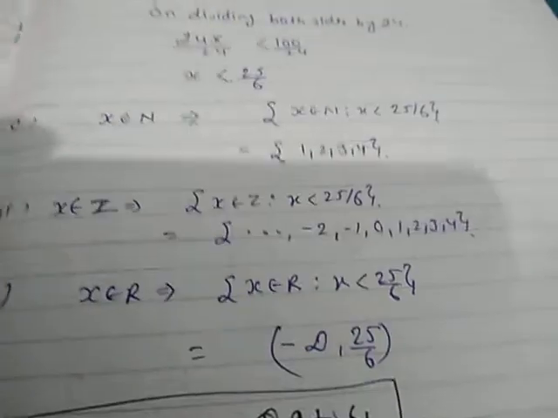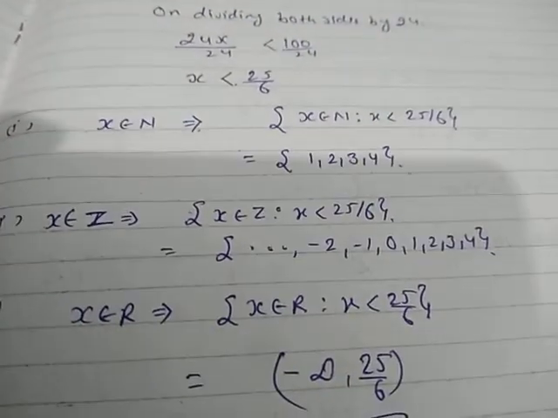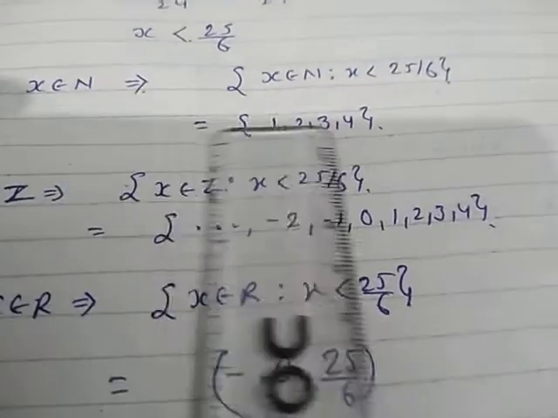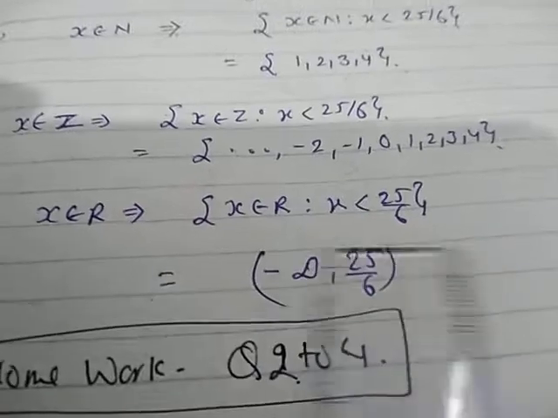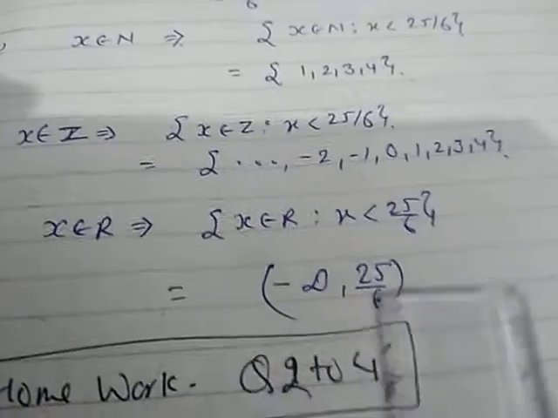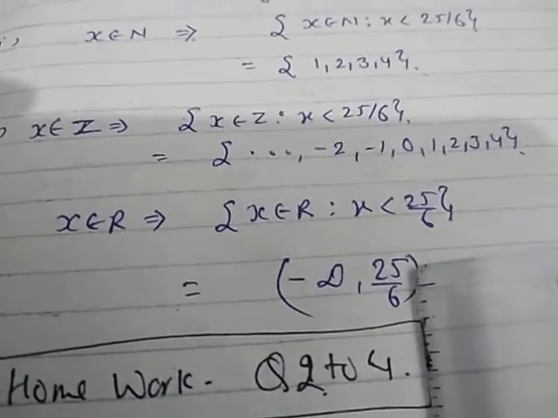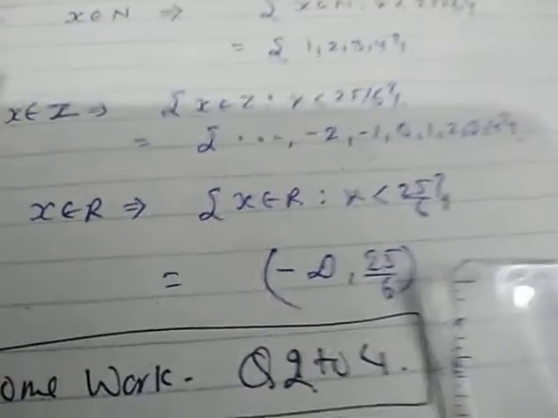So as per the given condition, solutions are changed. Therefore the three solutions are there as per the given condition. If x belongs to integer, then it is this solution. If x belongs to natural number, 4 solutions. If x belongs to real number, infinite solutions, minus infinity to 25 by 6. Okay, uncountable.